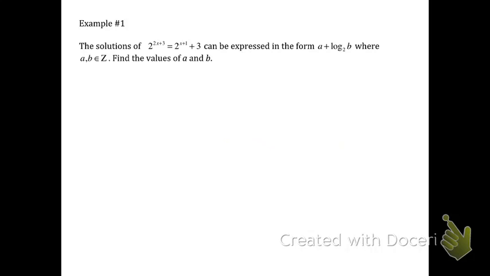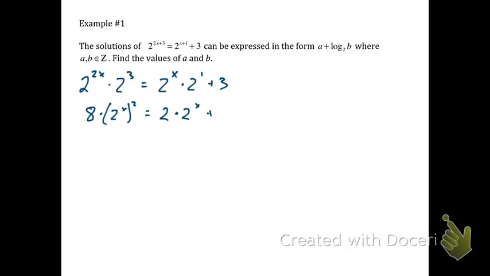This is a popular IB question, and what I call this is quadratic in disguise. So I often use my exponential laws backwards here. You see how what I've done here is I've broken off that 2x plus 3 as an exponent and used that exponential law in a sense in reverse. We don't often see it used in reverse, but that would be, as I've written there, 2 to the 2x times 2 to the 3. Okay, and that would in the next stage be 8 times 2 to the 2x,